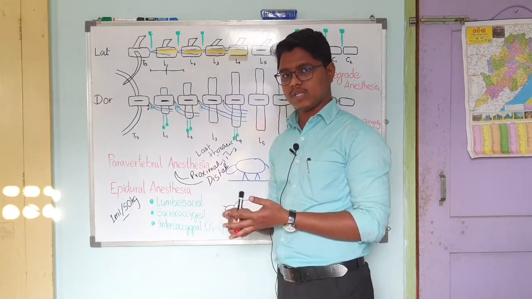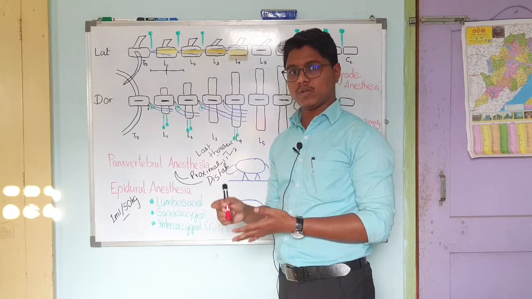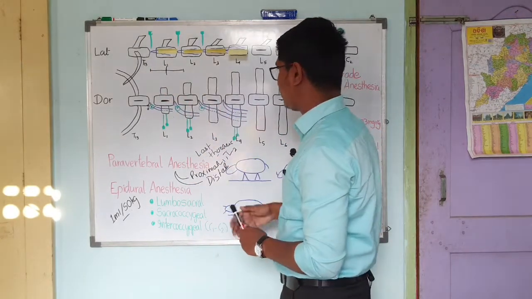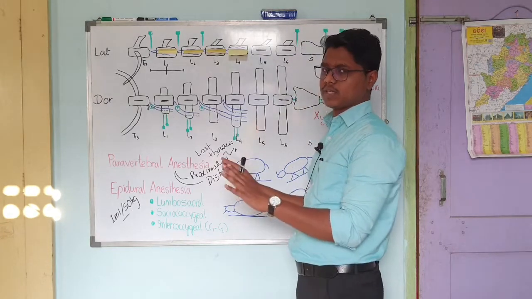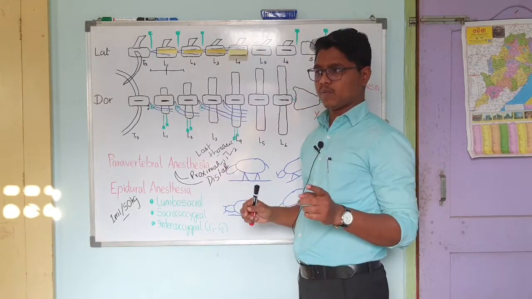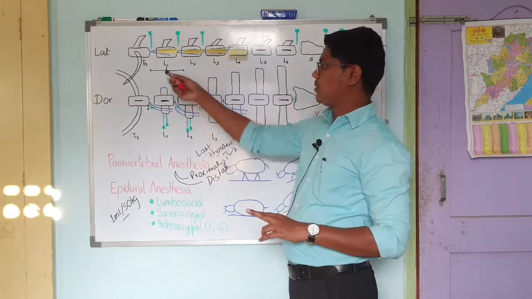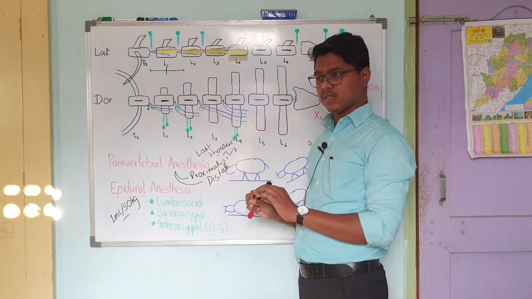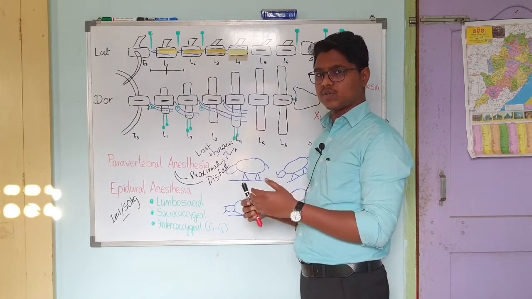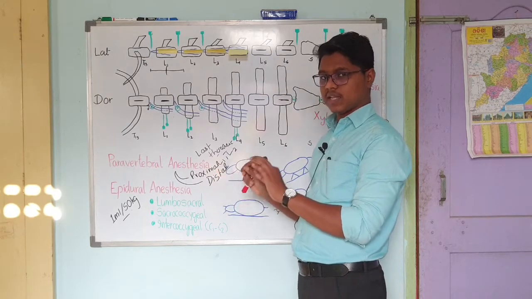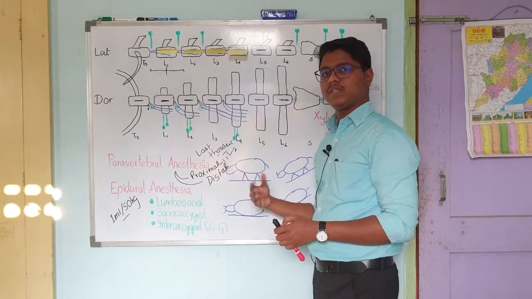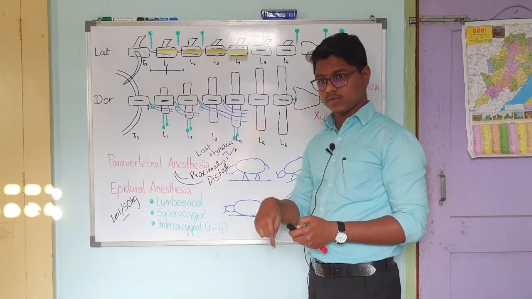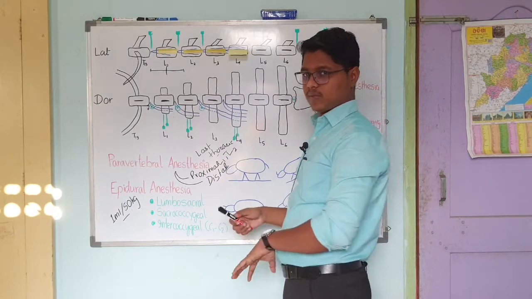Whether it is C-section, ruminotomy, cystotomy or tube cystotomy, anything, go for the proximal paravertebral nerve block. This is very good, and you will find very good muscle relaxation. I did a ruminotomy operation for 1.5 hours. I had deposited 10, and even up to the end of the operation, the animal was not aggressive. It was so well relaxed and the anesthesia was so good that the animal didn't show any signs of struggling. You can check out that video. I will give you the link in the description.